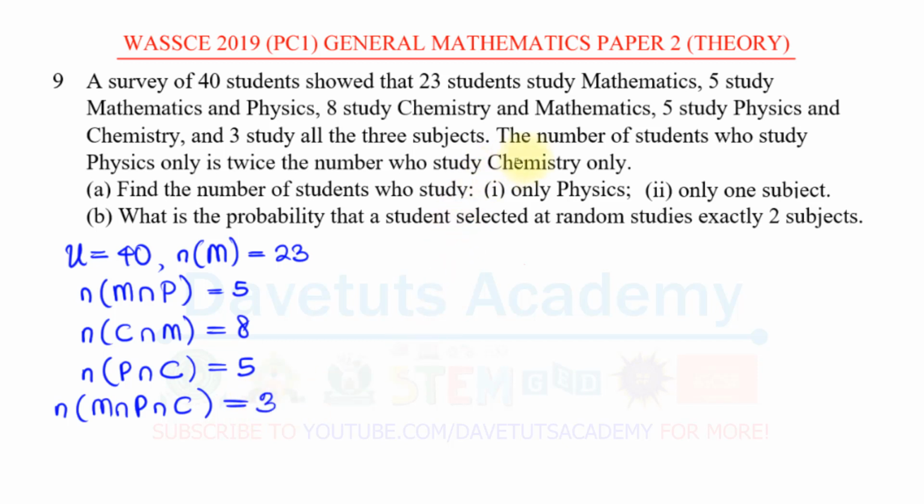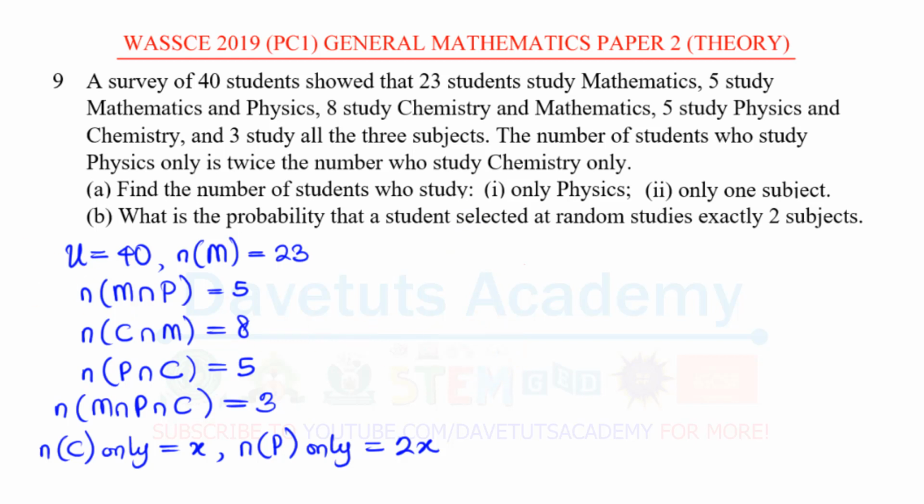But that's not all. Then we are told that the number of students who study physics only is twice the number who study chemistry only. In that case, that means that if number of those that study chemistry only is represented as X, then number of those that study physics only will be 2x. Since they said the number of students who study physics only is twice the number who study chemistry only. So chemistry only is X, then physics only is 2x. So this information is what we can use to populate our Venn diagram and then solve the questions that we